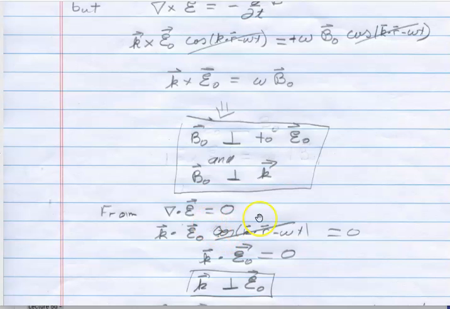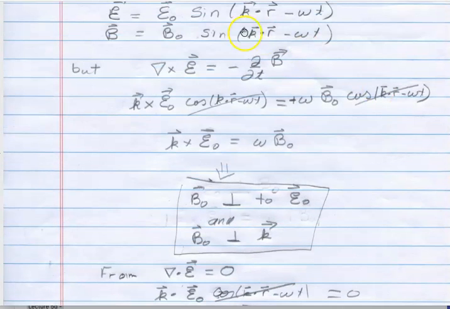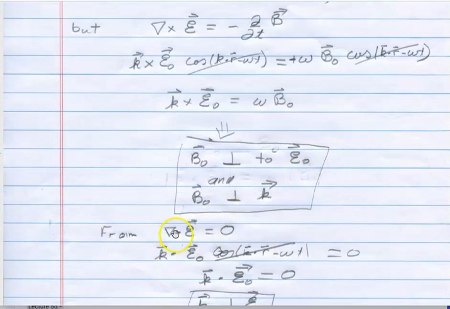And again, I can plug in that sine function up here for E, take all these derivatives, and what I find this reduces to is k vector dot E vector naught times the derivative of the sine, which is the cosine. And then that I can divide out, and so I see that k dot E naught is equal to 0,